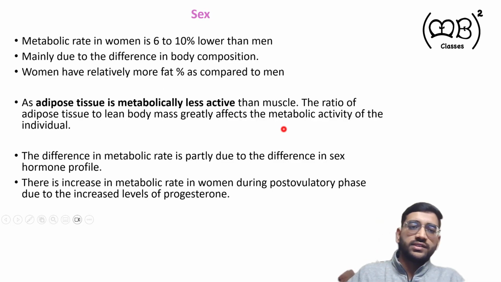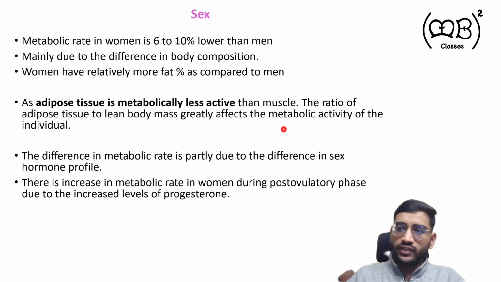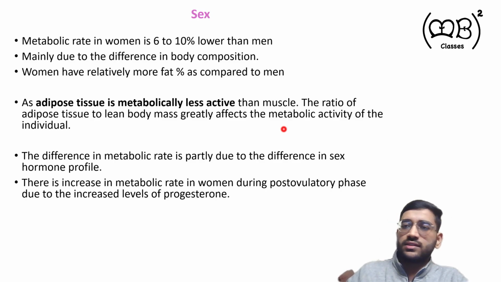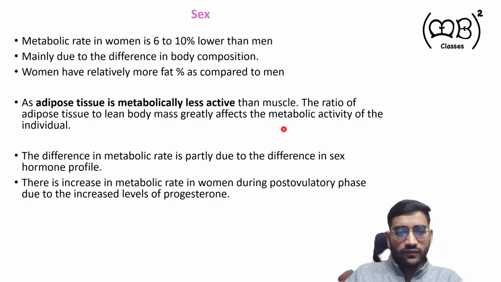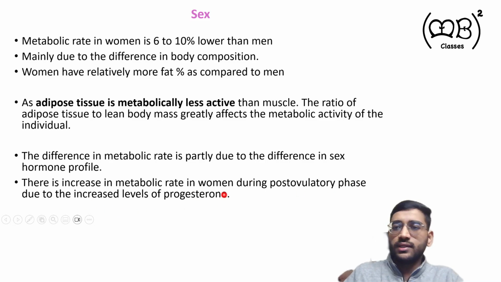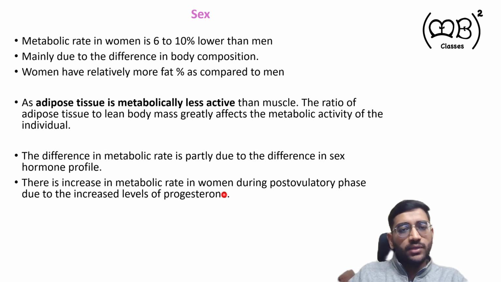So why are there these differences? Metabolic rate is 10% lower in females than males mainly due to the differences in body composition, as females have a relatively higher percentage of body fat as compared to males. And that's why there is a decrease in BMR. We already discussed that adipose tissue is metabolically less active. These differences might also be due to the hormonal profile, as it is observed that there is an increase in metabolic rate in women during the post-ovulatory phase due to an increase in the levels of progesterone. So it might be due to that also partly, but the main reason is the body composition, which is different,